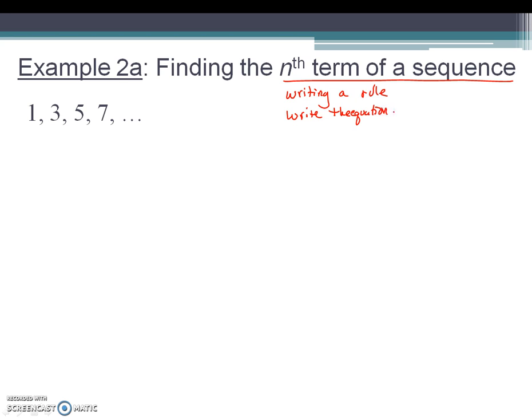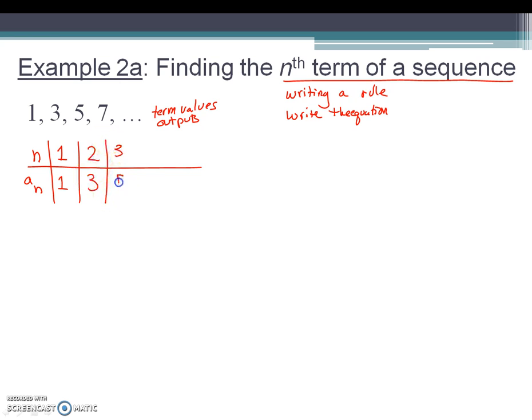So what we have right here, 1, 3, 5, 7, is the sequence itself. These are the term values. And so what you're going to have to think about is these are outputs, and they correspond with inputs. There's nothing indicating that there's anything before this 1, so we're going to operate under the assumption that 1 is our first term. So up here we have n, our variable. That's our input. And a sub n, that's our output. So the second term is 3, the third term is 5, the fourth term is 7, and the nth term